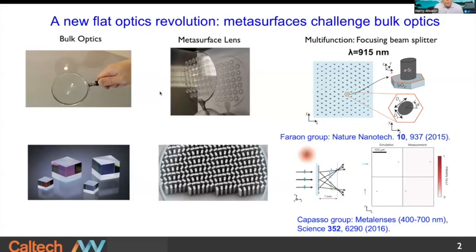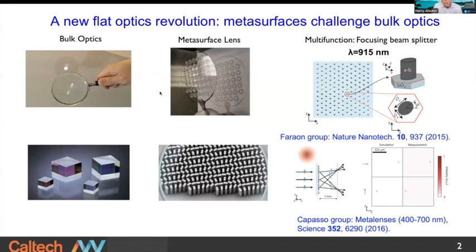So as you all know, we are in the midst of a flat optics revolution. This flat optics revolution is made possible by printable nanostructures that we can now make at scale. And they are replacing bulk optics in many applications and have potential to do much more. In addition to reducing the size and weight of optics, they also introduced the concept of multifunctionality,